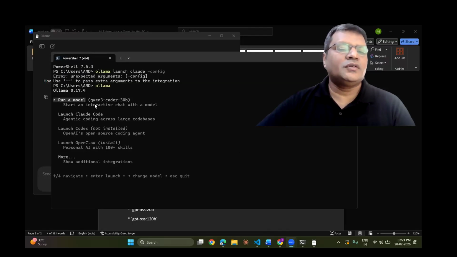Okay, so once you give this command, it then asks you which model you want to use. So you will have Claude Code running with Qwen 3 Coder, start an interactive model, launch Claude Code. So what exactly do you want to use? Okay, so